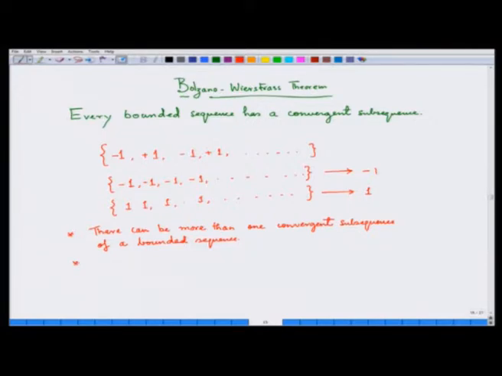If all convergent subsequences go to the same limit, then the sequence itself is convergent. So this is a very fundamental fact, and it will be good that when you look at the Bolzano-Weierstrass theorem, you just keep in mind this fact. For example,